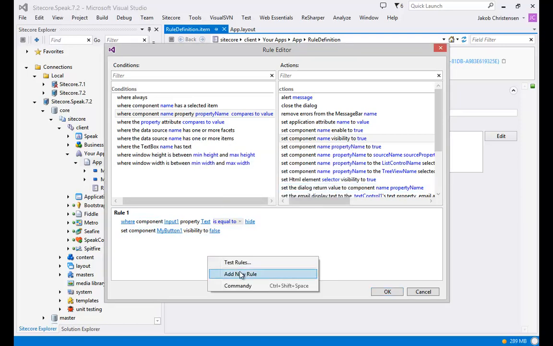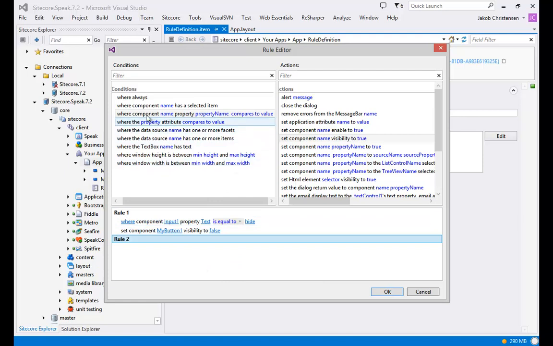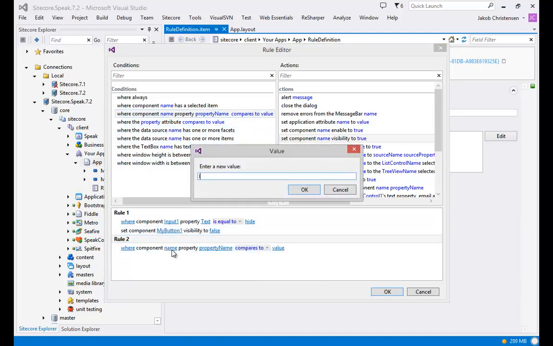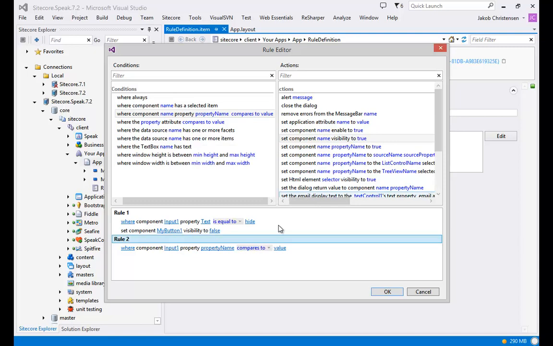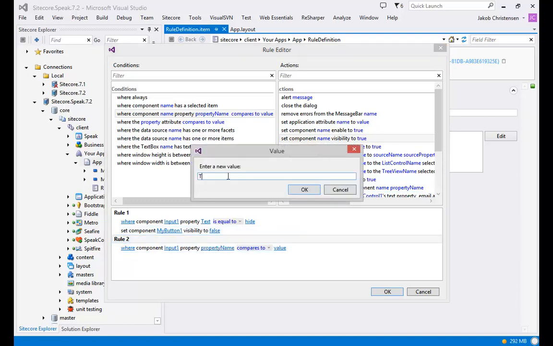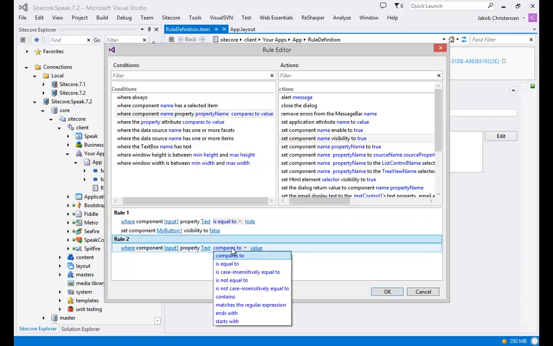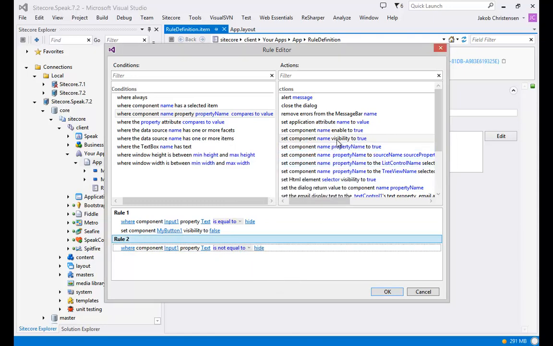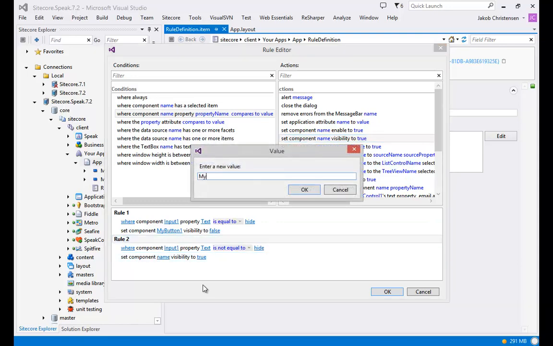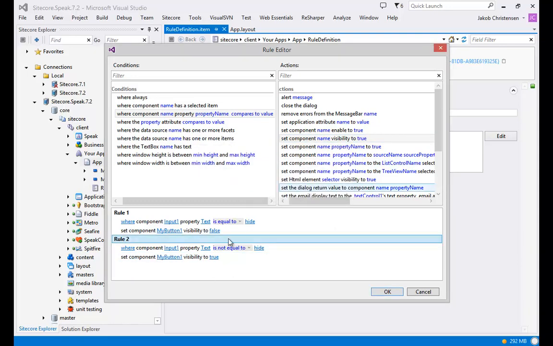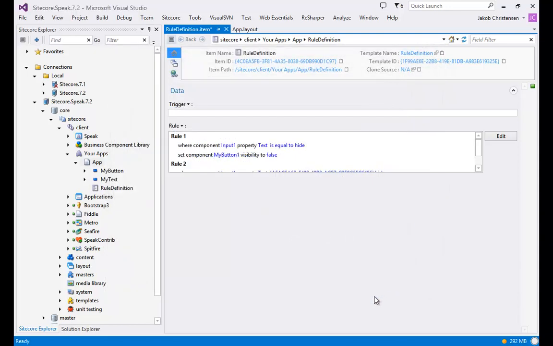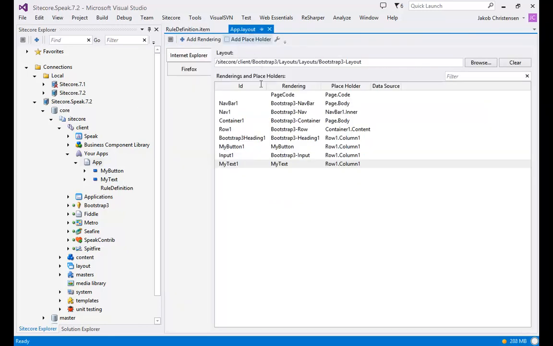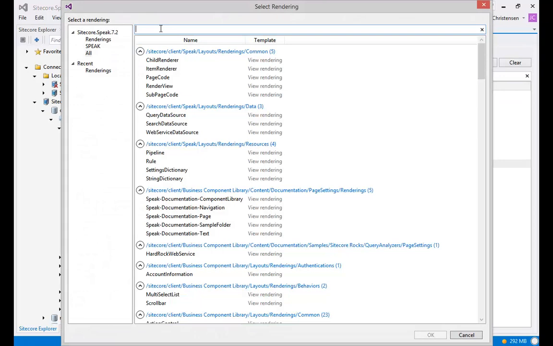and we'll do the reverse rule, which says that if the input 1 text property does not equal hide, we will set my button to true, like that. So that's the logic for this rule. We'll save that. We'll go back into our layout and we will add a rule rendering,